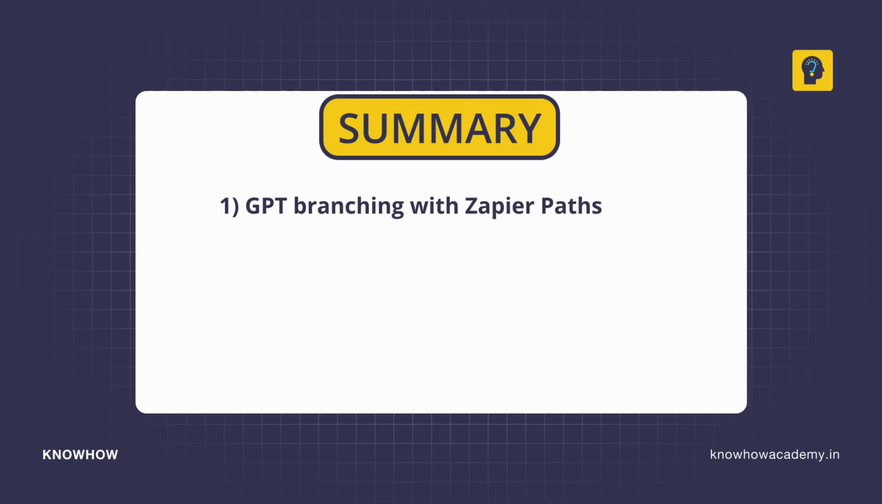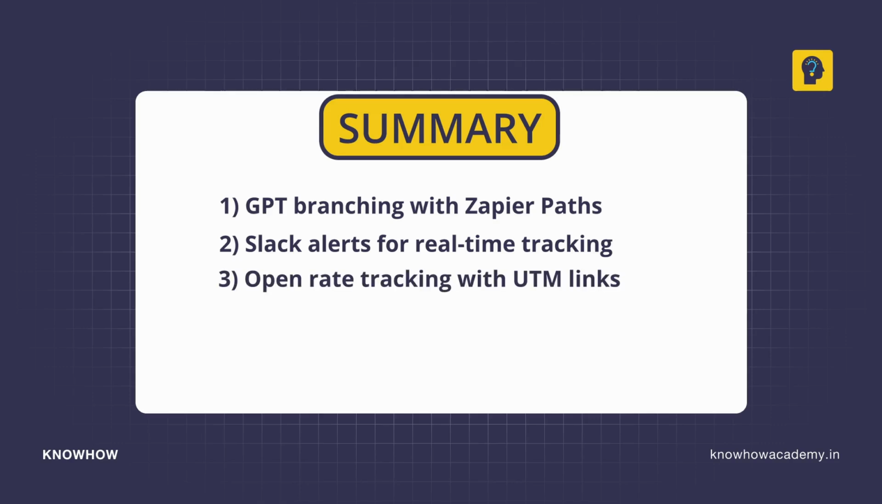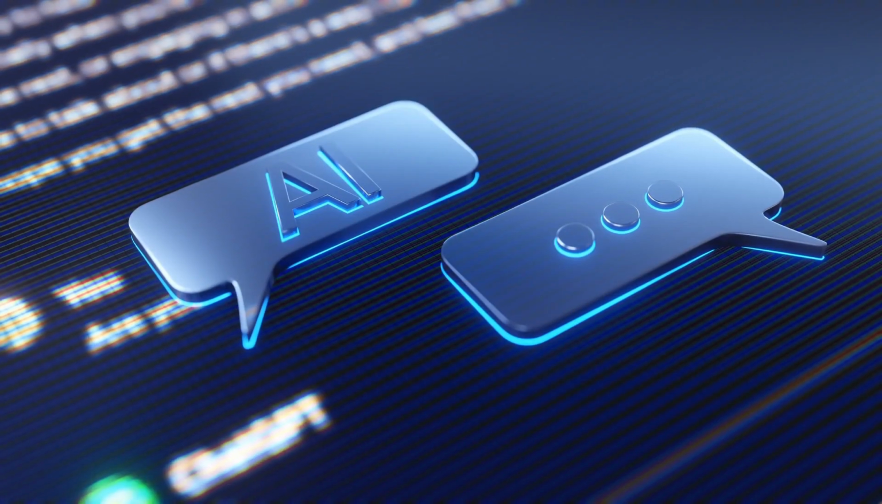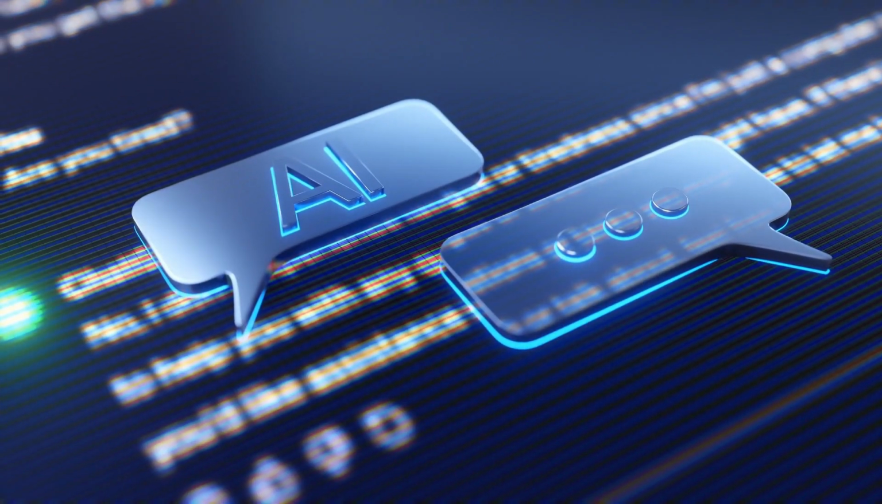So what you need to do is use Path for customization, and use GPT for replies in this. And in this, you can sync Slack for real-time alerts, add UTM links to track open rates in emails, and connect a dashboard with Notion or Airtable for centralized data. Now you've built an AI-powered CRM follow-up system without any code,